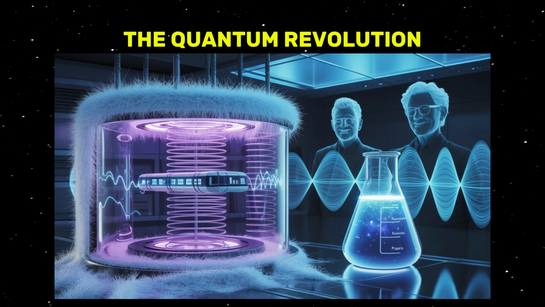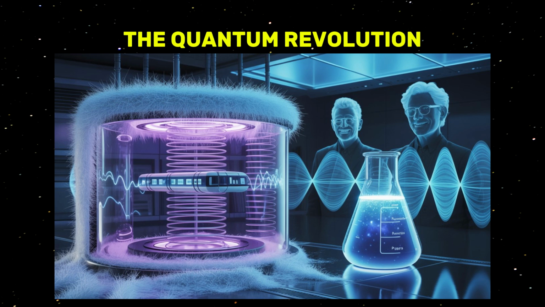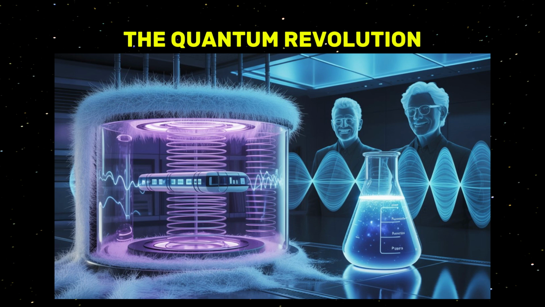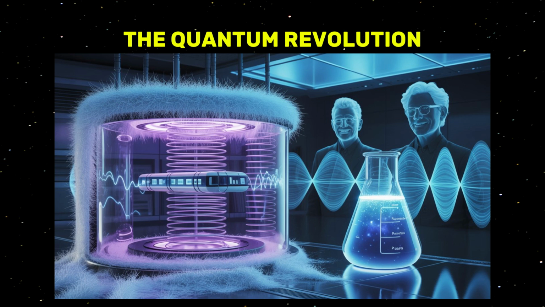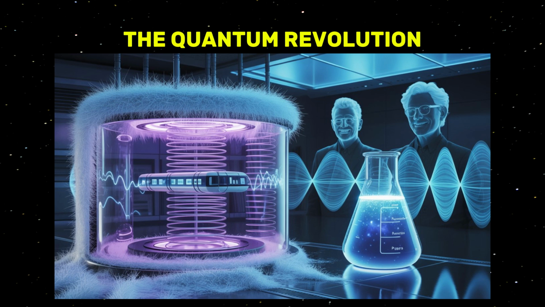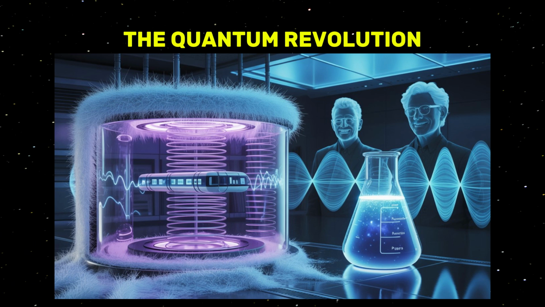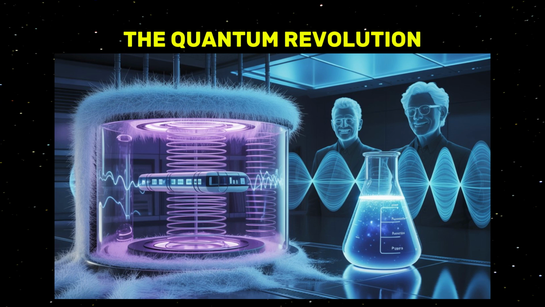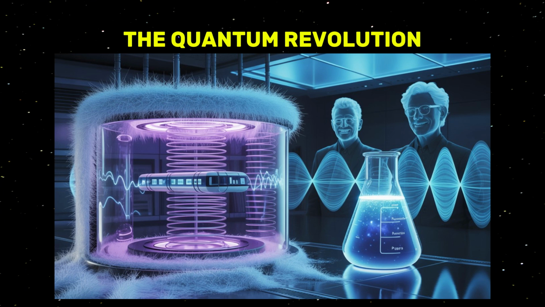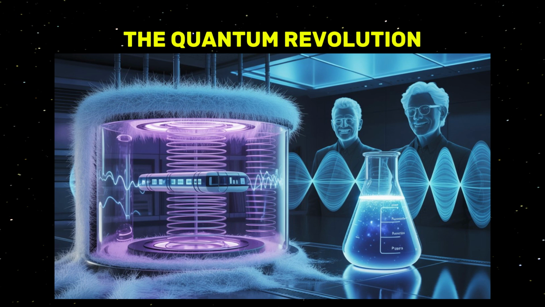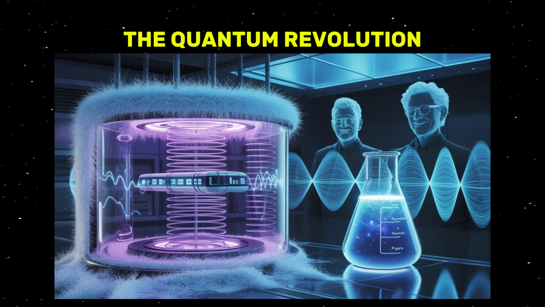In 1908, he made history by becoming the first person to liquefy helium, reaching temperatures just above absolute zero. This achievement enabled him to explore the behavior of materials under these extreme cold conditions. One of his key experiments involved mercury, a metal known for its good electrical conductivity at room temperature. However, when cooled near absolute zero, something extraordinary occurred.